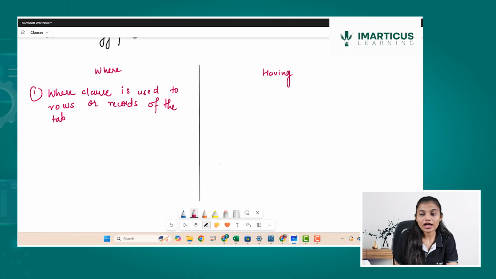Now the having clause is used to filter grouped records or grouped rows.